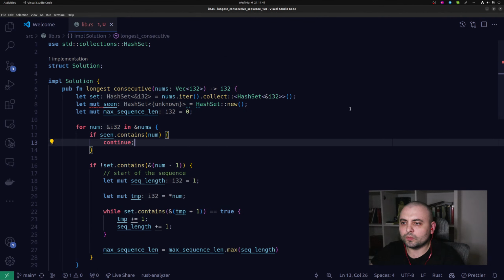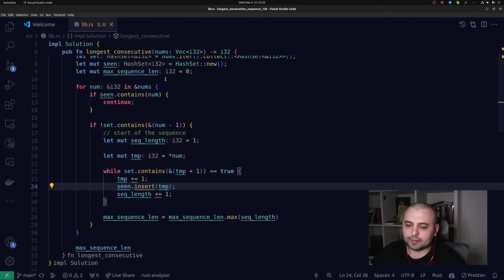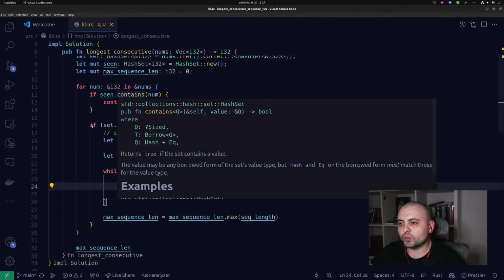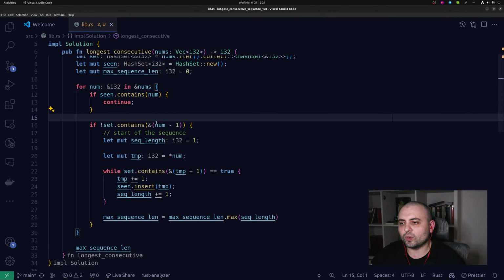What's the problem? Yeah, it doesn't know now what's here. Here at this stage, I'll do a seen insert TMP. So yeah, we'll be duplicating the memory, but we'll be skipping the numbers already seen. So we'll not double count them. We'll not do this weird for loop, because if we counted it into a sequence,